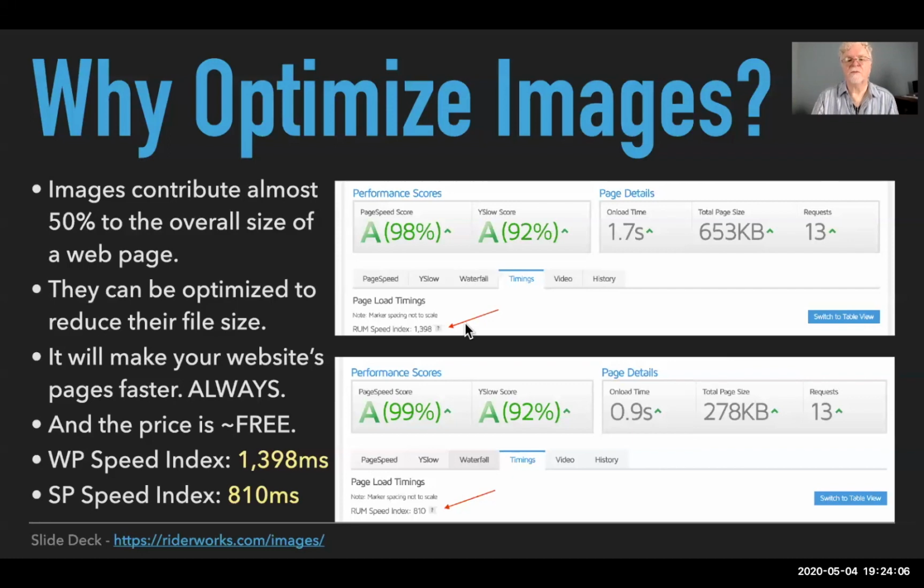visible within this parameter. So the WordPress one came in, very fast still, at 1400 milliseconds, 1.4 seconds, which is good. Ran it through, same thing, just changed the images to ShortPixel, came out at 810 milliseconds. So they got 0.6 seconds faster. That would be, again, if you had a regular page that had these two images, that would make a significant difference. When you have these things up around 2 to 3 seconds total,